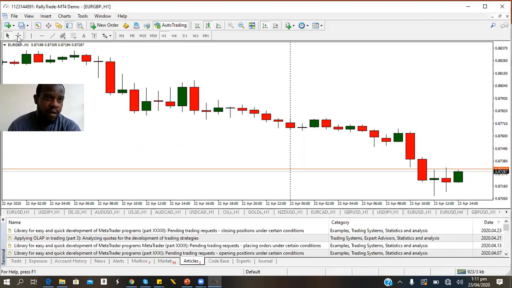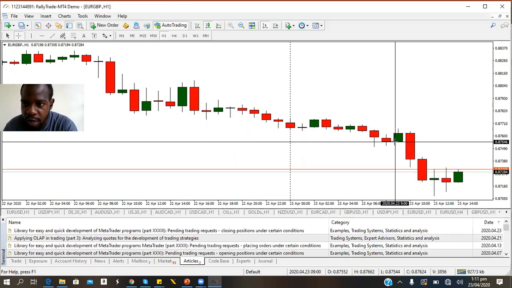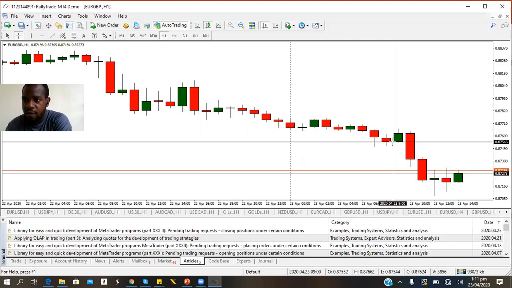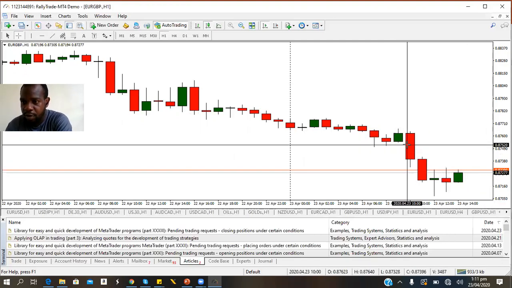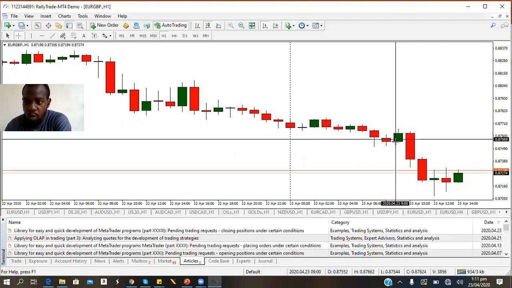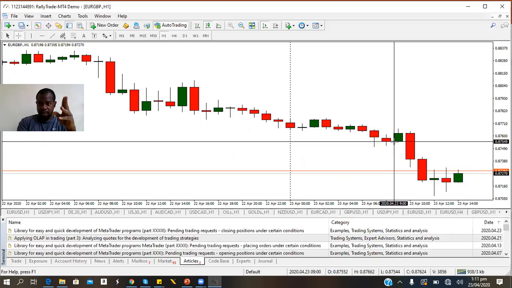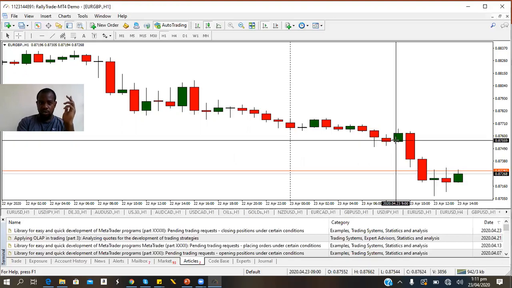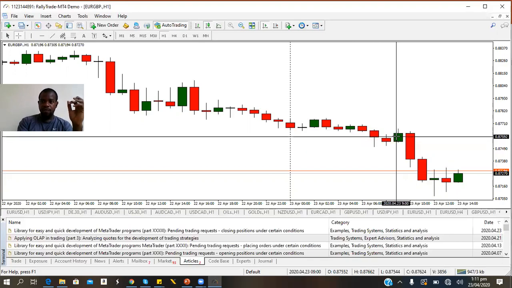Let me get a pointer and point properly. So it opened at this particular point at 0.87546. You can see it at the pointer. So that means on this 1 hour candle, price opened here at 0.87549. And then during this particular 1 hour duration, price went all the way